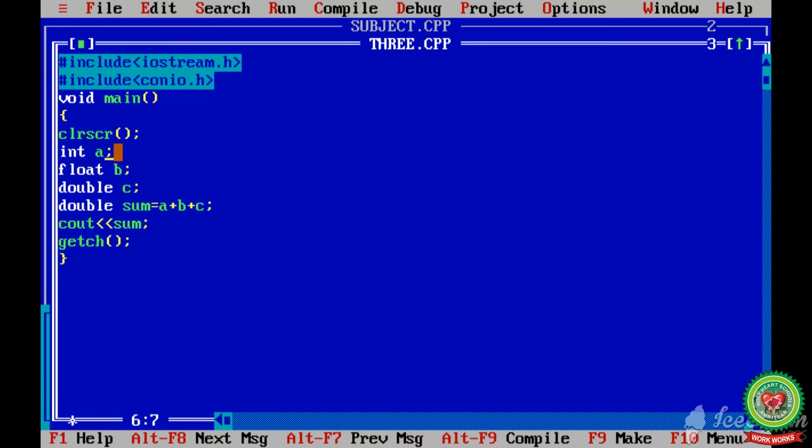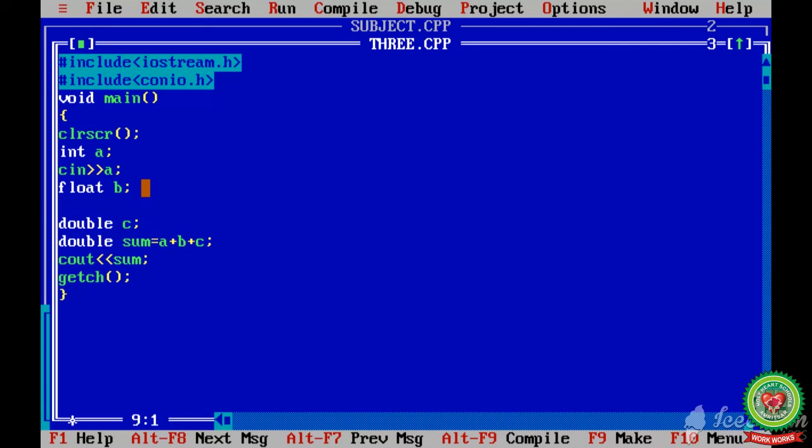With the declaration int a, we will write cin, get from operator, and I will put a semicolon. This will demand the value from the user. Cin is for the input, and this symbol is called the get from operator. With the float, I will use cin get from operator and write b semicolon.